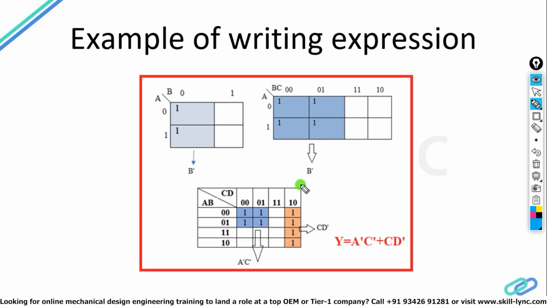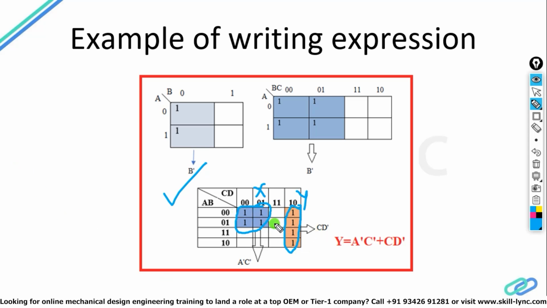Okay, so let's come to this point. It is the 4 variable K-map. Here they have given these 4 ones and 4 ones. Now what is the value? Here 2 groups are there. It is not a single group of 8. No, 4 ones are here and 4 ones are there, so 2 groups. For example, group number X and group number Y. X has 4 ones, Y also has 4 ones.